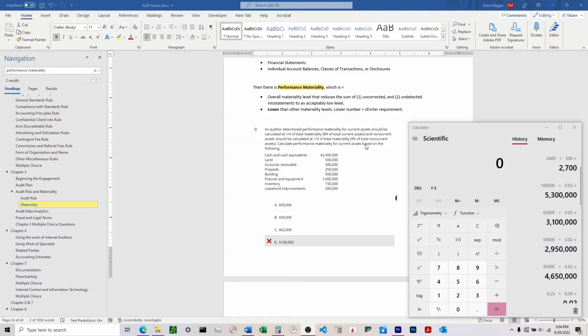So we see current assets, so we can automatically get rid of the non-current data. We come up here and see 1/4, 0.25 times 0.08 gives us 0.02, and then we're going to come down to the problems and divide them by that 0.02. All right, and so now